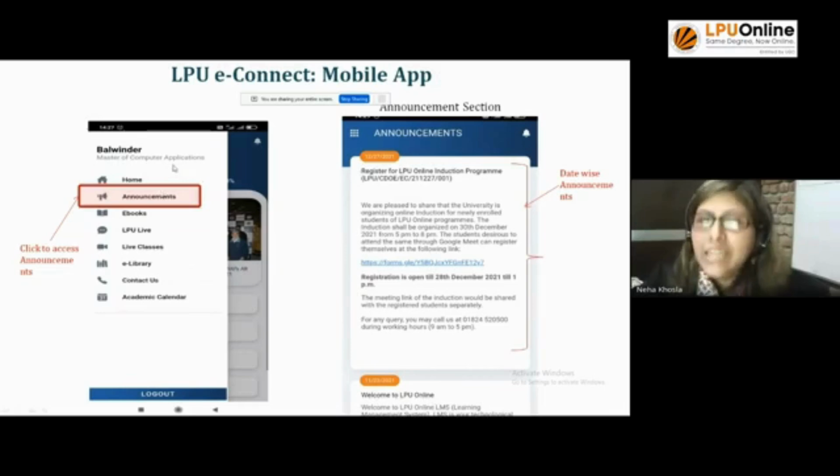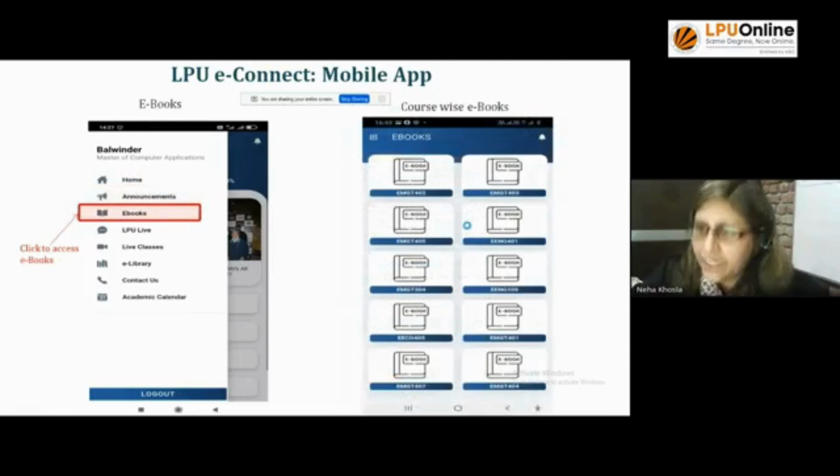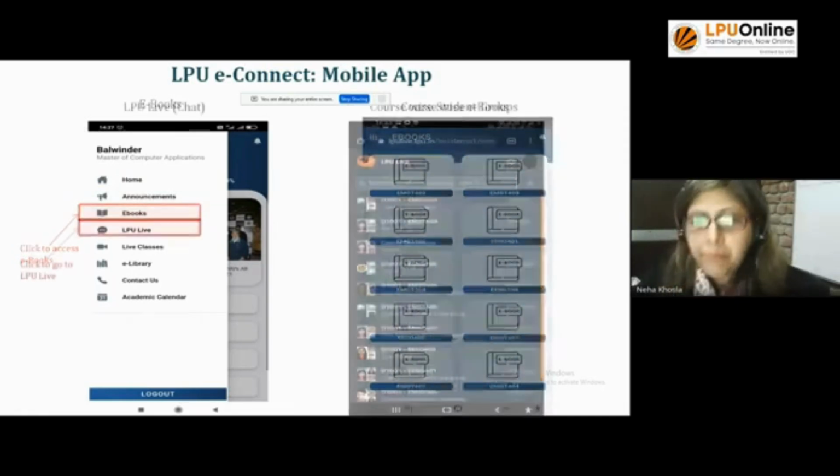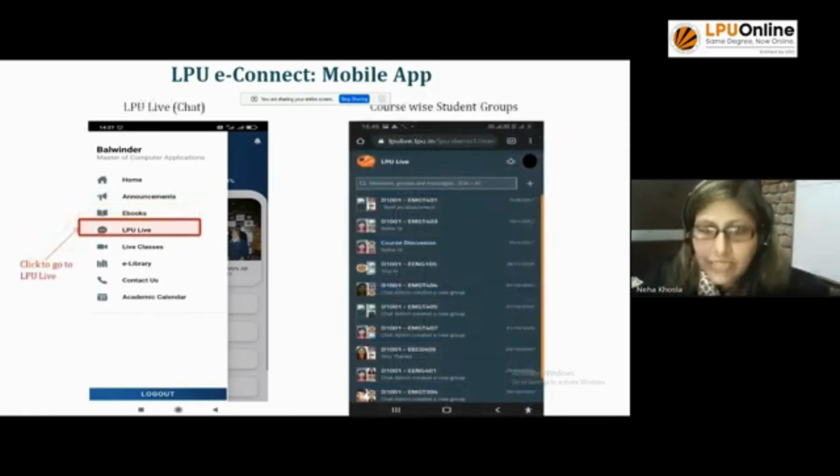लेट्स स्टार्ट। आई विल नॉट बी इलेबोरेटिंग, मैं आपको ज्यादा टाइम नहीं लूंगी। अनाउंसमेंट है, इस पे क्लिक करने पे ऐसे आपकी अनाउंसमेंट्स व्यू होंगी डेट वाइज। ई बुक्स पे क्लिक करेंगे तो ये ई बुक्स रहेंगी, ये कोर्स वाइज ई बुक्स विल बी देयर। देन एलपीयू लाइव, यहाँ से अगर आप क्लिक करेंगे तो उसका व्यू ऐसे रहेगा। सिमिलरली ये